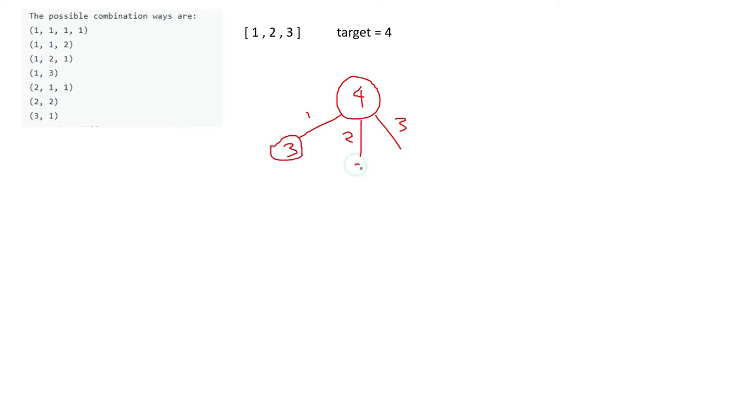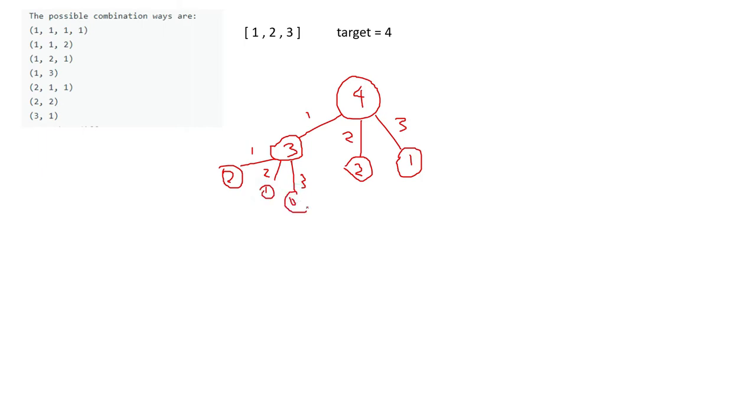Here the target will be reduced to 2, and here it will be reduced to 1. And again, if we do the same thing, where the options are 1, 2 and 3, then this target will be reduced to 2, then 1, and this will be 0.